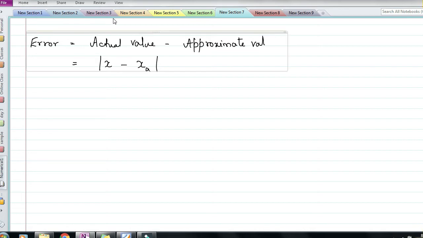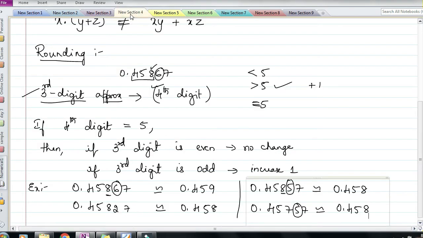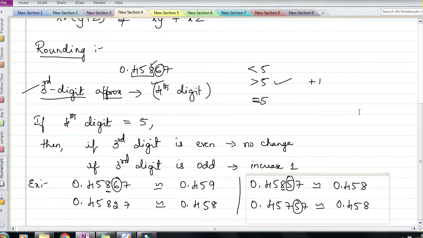Because if you have seen our previous video, I have shown you the approximation techniques, right? This explanation is given in the previous video itself, wherein we have done certain approximations. See, the actual value was 45867 after the decimal point, but we have approximated and we have written 459, and this value 459 is greater than the original value. This is the original value and this is the approximated value. This approximated value is greater than the original value if you observe here.